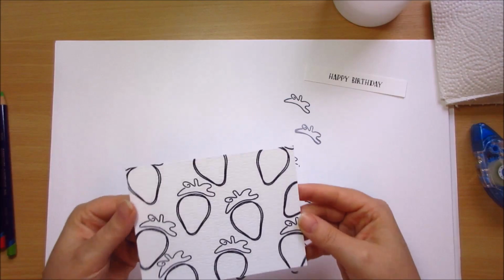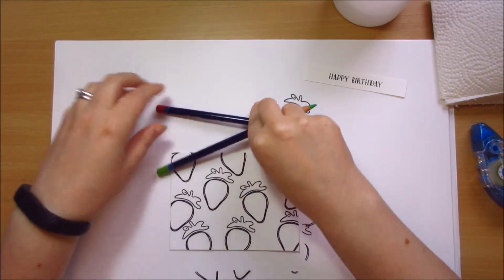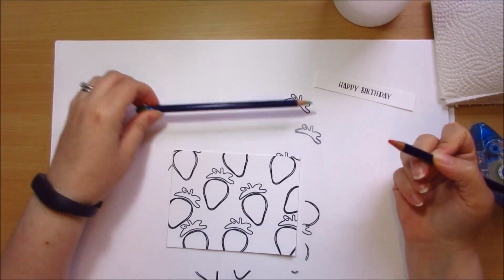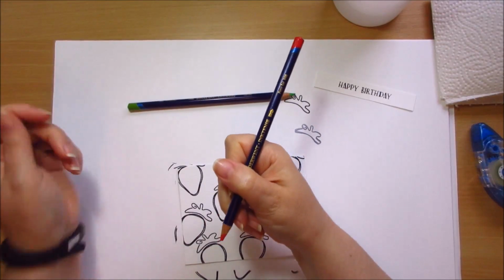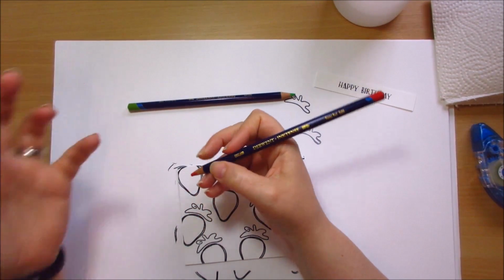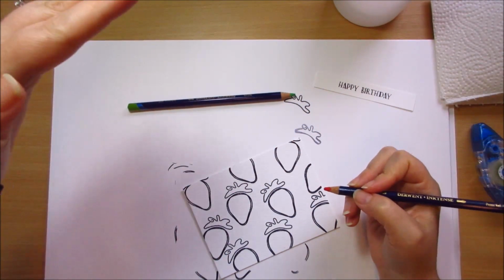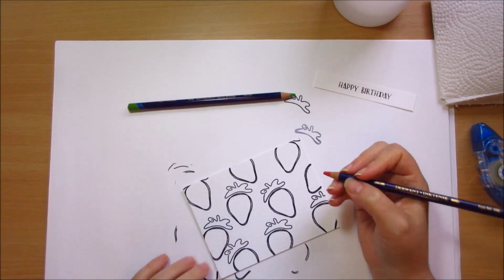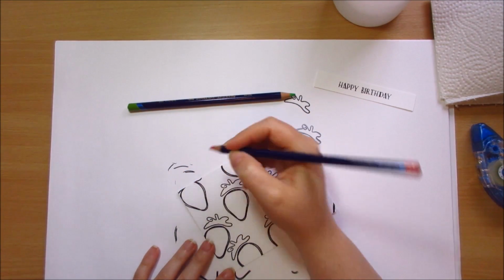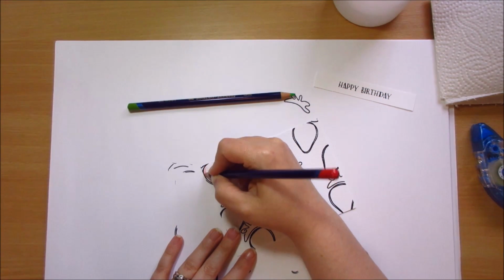Because this is archival, we just needed to give it a couple of seconds to dry, otherwise it will smudge, but that's done. So I'm going to start out now. These, like I say, are very, very pigmented, so you won't need a lot of colour, trust me. What I'm going to do is start at the top of the strawberry and sort of graduate it down the strawberry, if that makes any sense. So I'm just going to add a bit of colour, and you'll see it'll look weird. It's just going to be this random bit of colour,